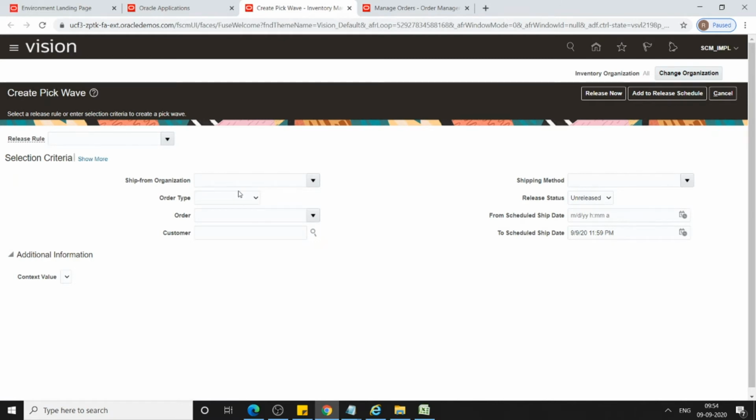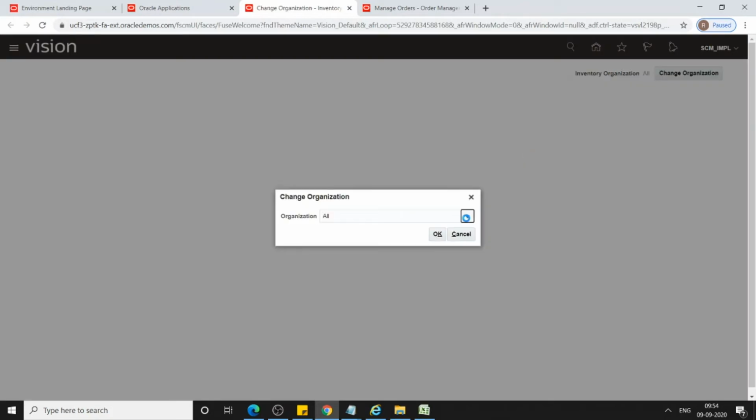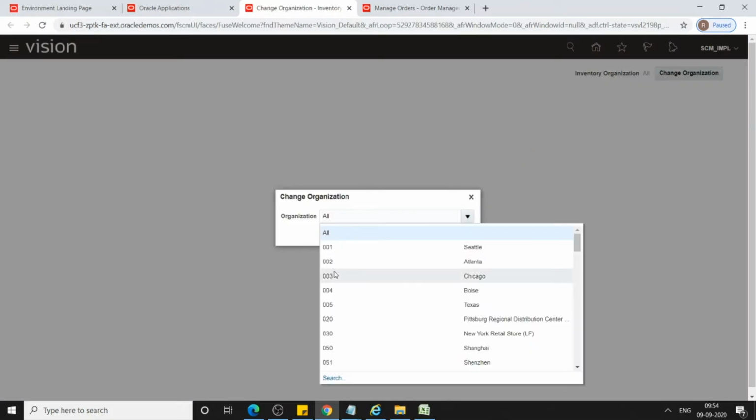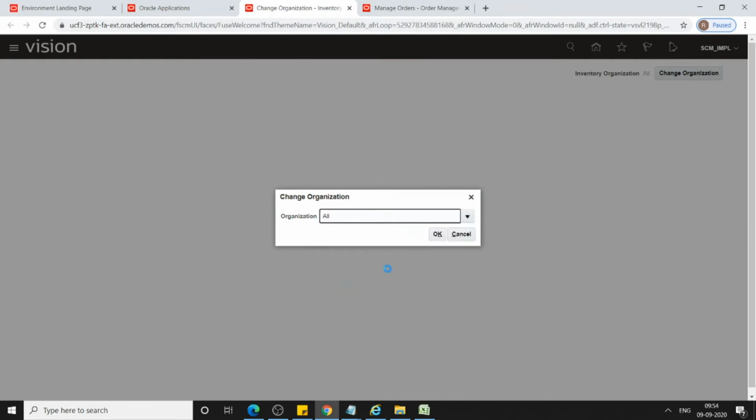Here, let's say we have to ship from warehouse 003, which is the Atlanta warehouse, right? So click on this. From here select 003. Sorry, it's not Atlanta, it's the Chicago warehouse. Click on OK.